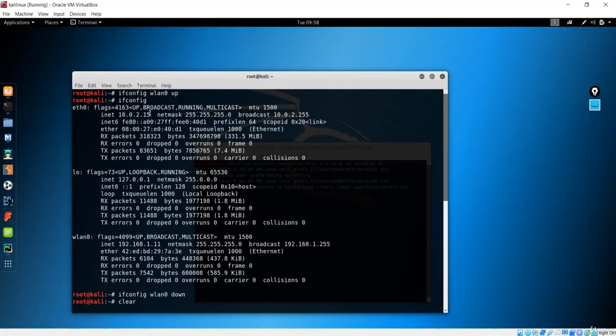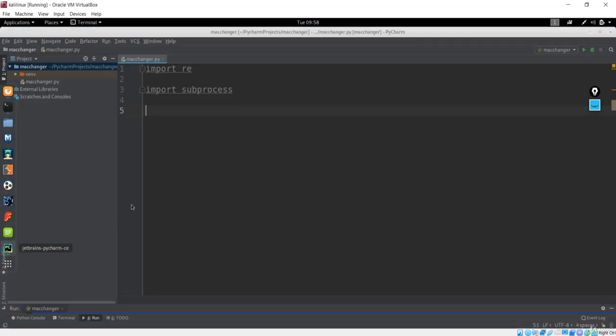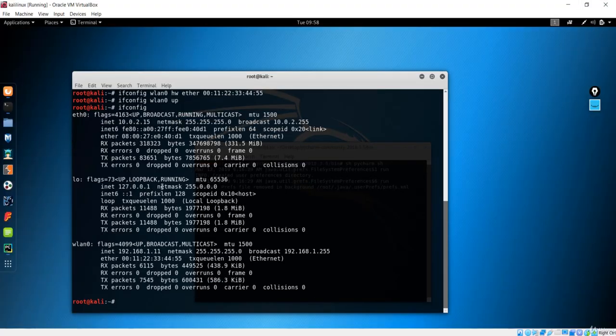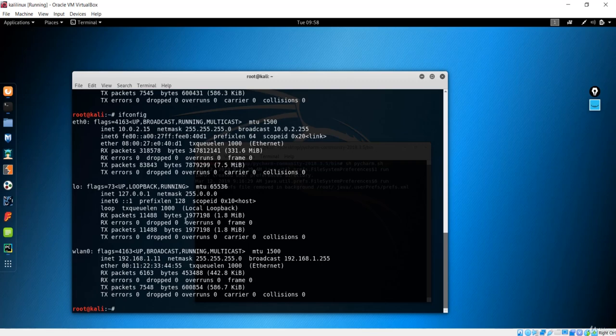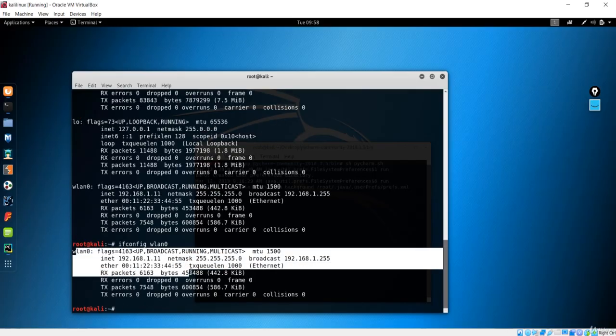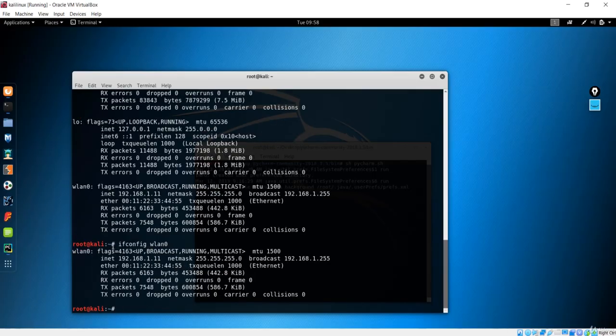Okay, that is useful. So let's go back to PyCharm and do some coding. First of all, in this lecture we are not going to directly change the MAC address of the machine, but before that I want to show you how we can execute a command. If I type ifconfig and hit enter, or ifconfig with only wlan0, this is the information that we get, because we are running this command in the terminal. We want to do the same, but with PyCharm now.